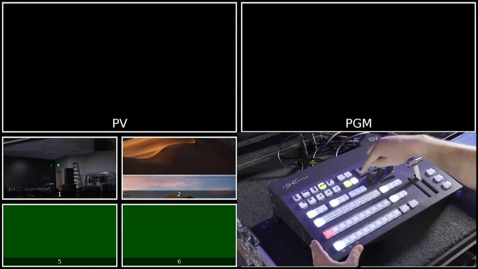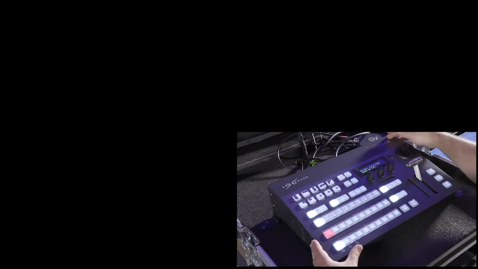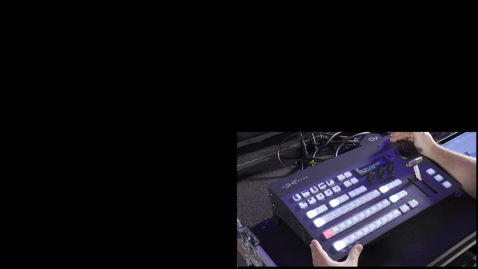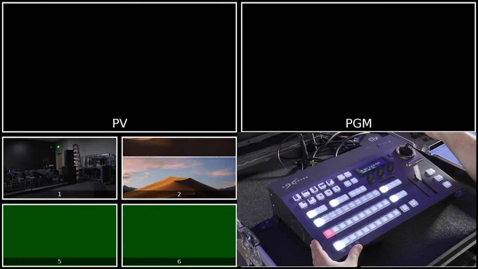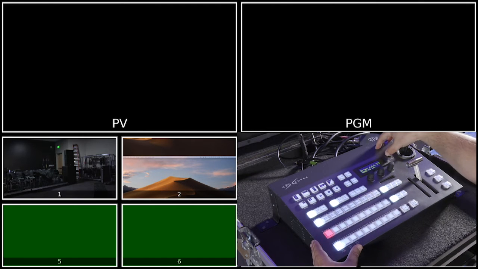I am cool with that. I'm going to hit Next. Do you see right here where it says External? We're going to turn it left to make it internal and confirm it. Once we do that, we are making ROS right now the boss. We're making him the master, and now everyone knows that this is the clock. As you can see on our inputs, input 1 and 2 are